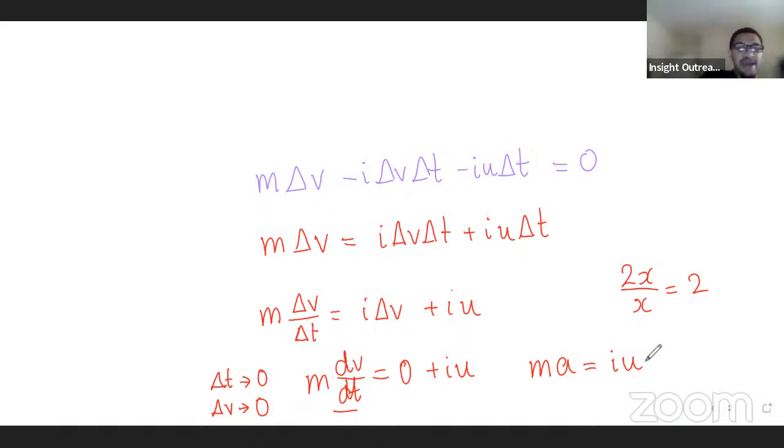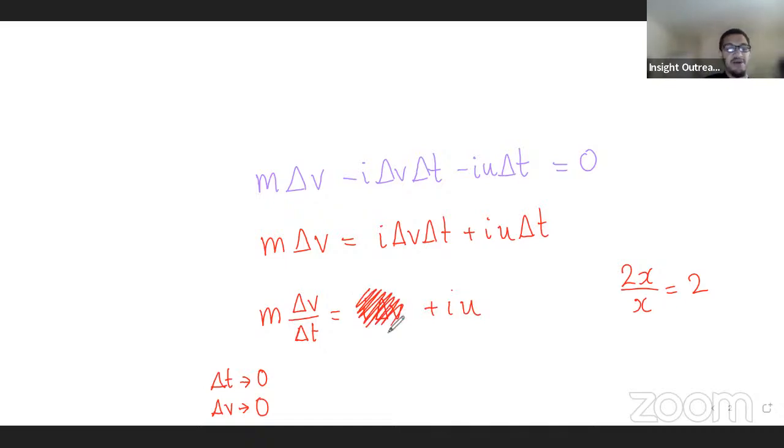So actually, if we kept it like this, imagine we forget all this calculus rubbish. Just pretend we don't really know anything about calculus or differentiation and whatnot. Then you'd still, let's say you'd ignore this part here, because it's so small. Then you'd say m delta v